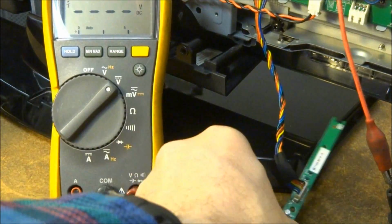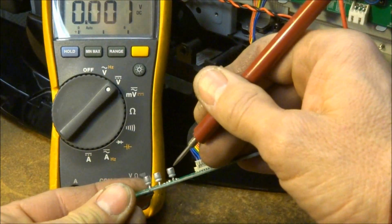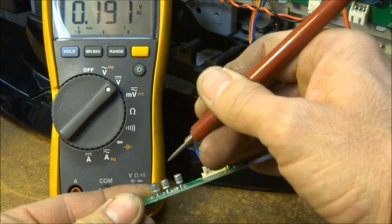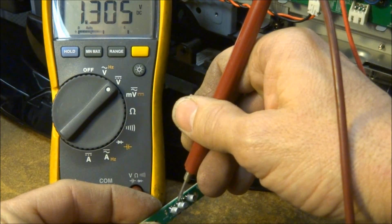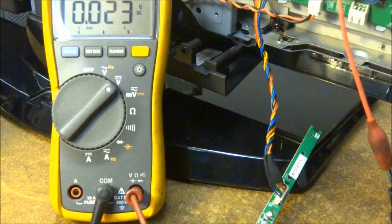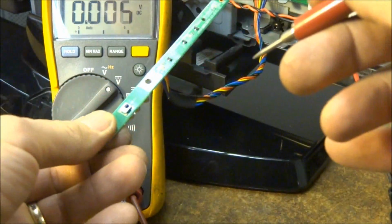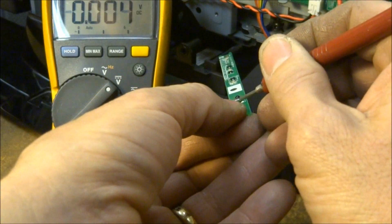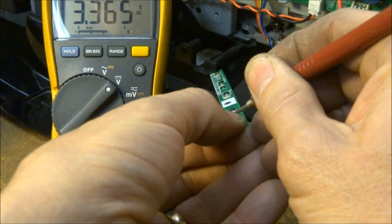And let's go ahead and get to volts. And we'll take a look at the positive side on these, and we should be seeing about 3.3 volts. And we are, which is very good. That's exactly what we want to see. Let's go ahead and turn this back over. We'll check these pins that we had problems with before. 3.3,